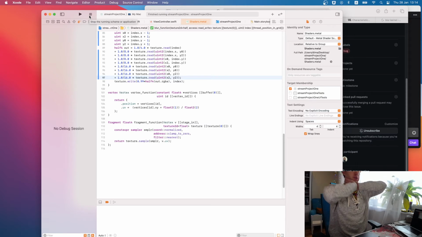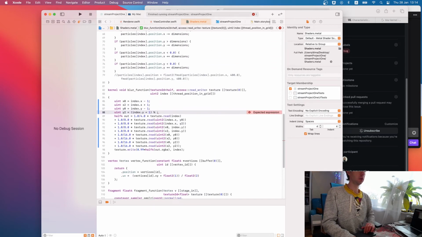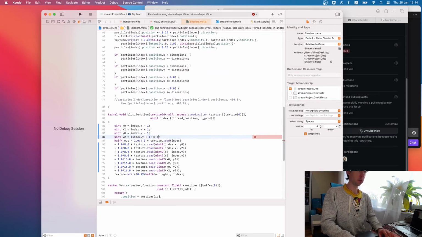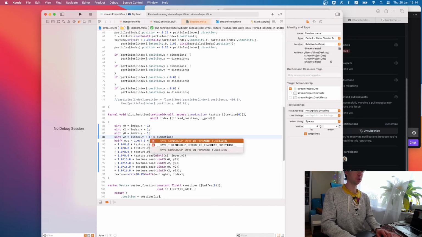Okay. So this thing should be solved where we have plus. Should be solved with something like this. Dimensions.